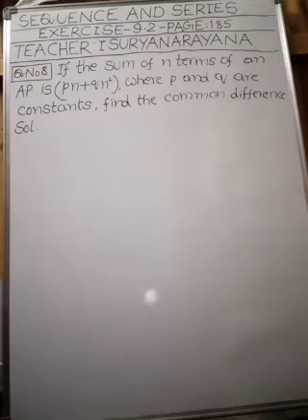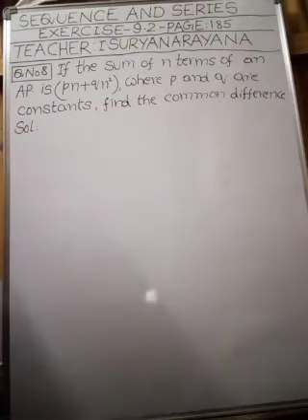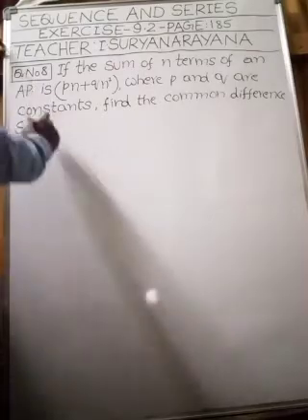Here, the sum of n terms of an arithmetic progression is given. We have to find the common difference. How do you find the common difference, my children? Second term minus first term, or third term minus second term, or fourth term minus third term. Then we get the common difference in the arithmetic progression. Yes or no, my children? Right. Here we are given that